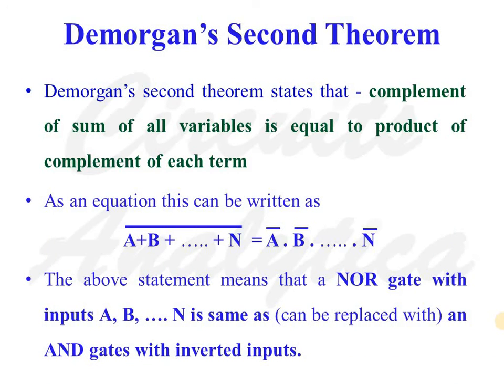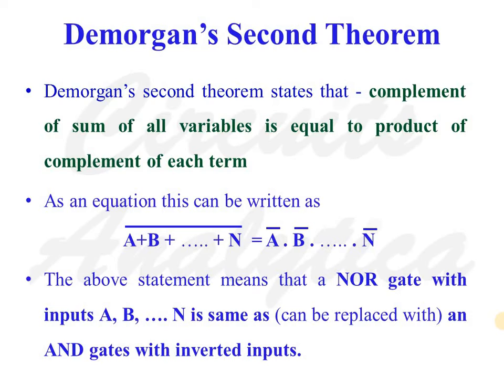De Morgan's second theorem states that the complement of the sum of all variables is equal to the product of the complement of each term. As an equation, this can be written as (A or B or etc. or n), the whole bar, is equal to A bar and B bar and etc. and